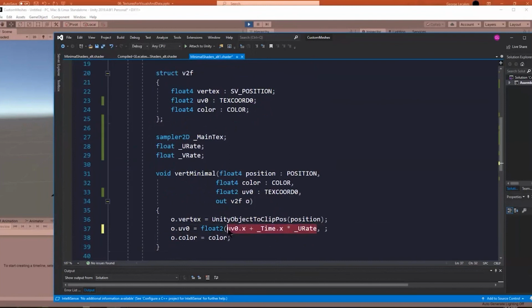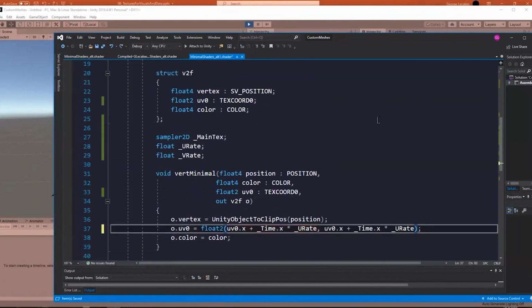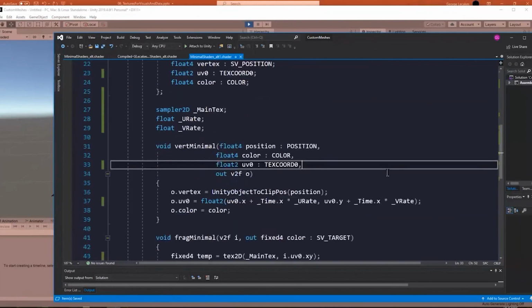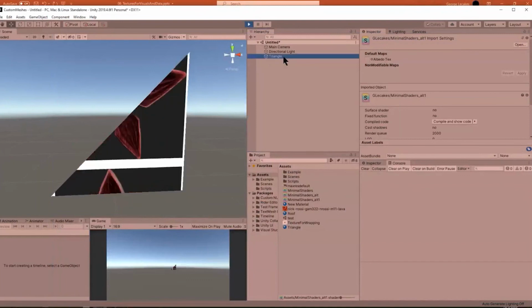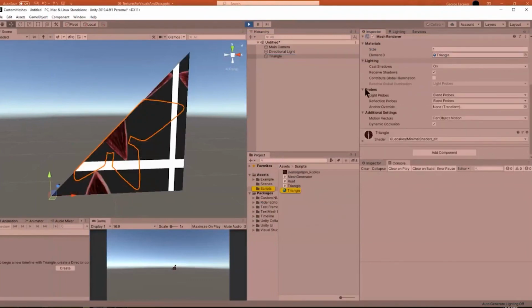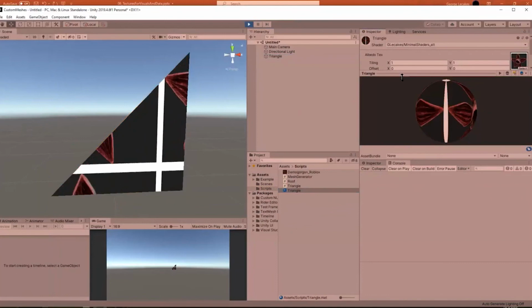Now we can copy this same thing and paste it, and we need to just change this now to the Y coordinate instead. So instead we could do UV0 dot Y plus time dot, well, we want to use the same kind of time, otherwise they're scaled. We'll do the 20th version in this case. And then now instead of the U rate, we will use the V rate instead. Coming back over here, now if we come to our triangle, go to the material and check out our shader,